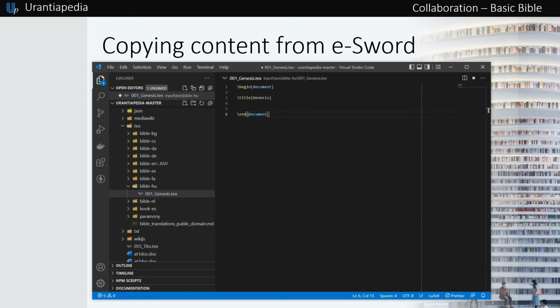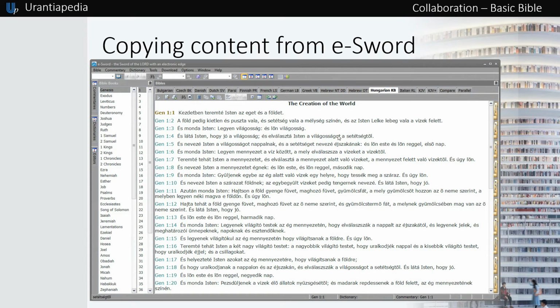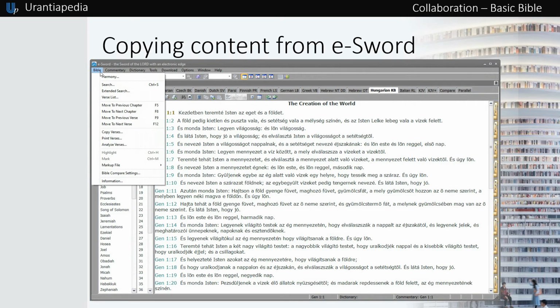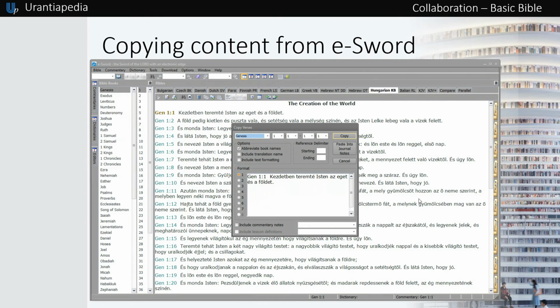Now, in eSword, select the menu Bible and then Copy Verses. The Copy Verses window opens. In the top selectors, select the book, in this example Genesis, and then select the first verse, which is usually the one selected by default, and the last verse of the last chapter, which usually is not the default, so you need to select it.